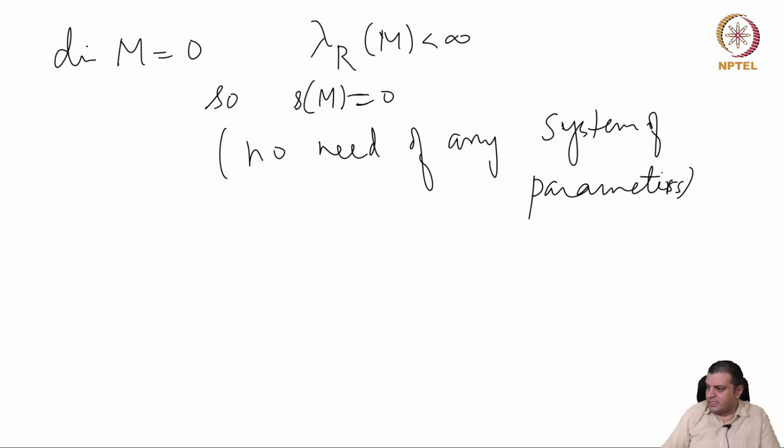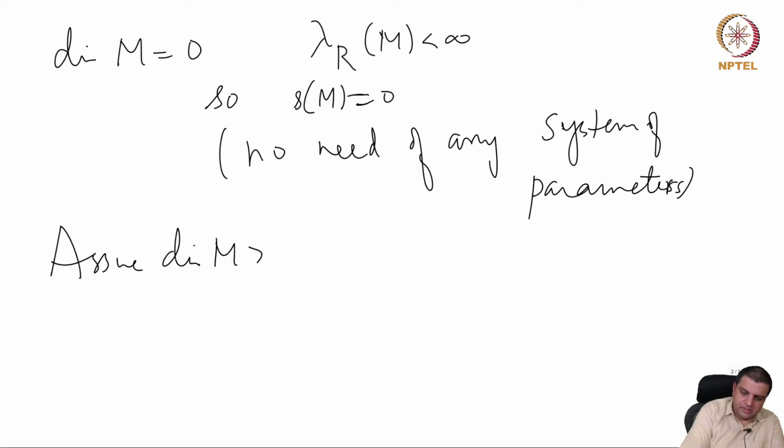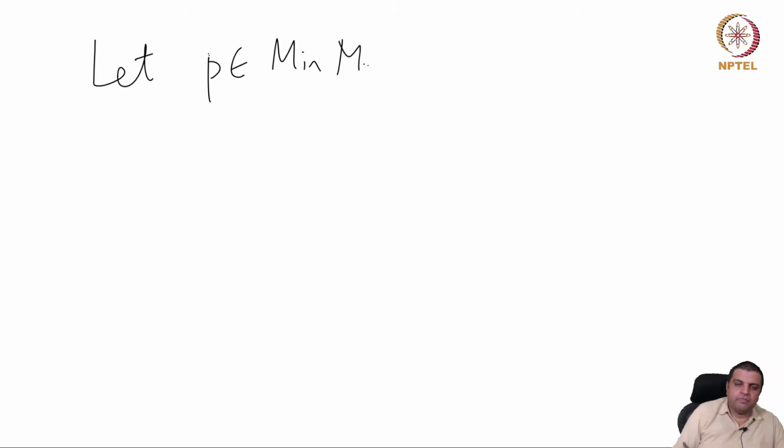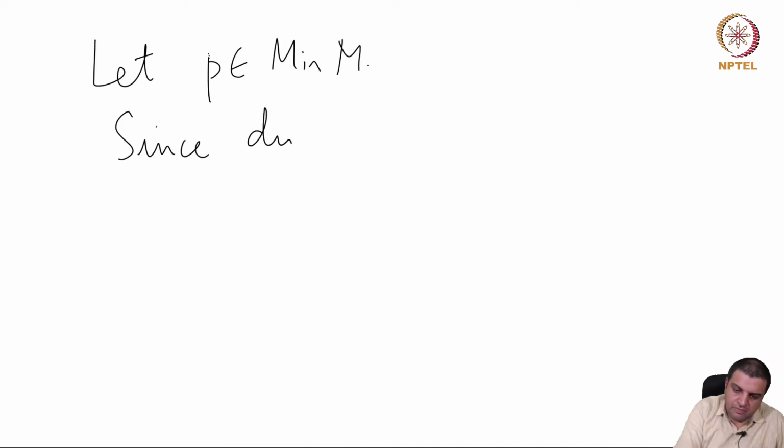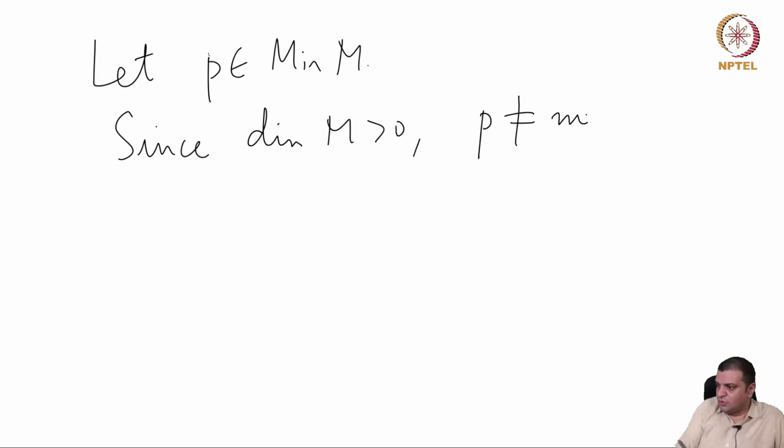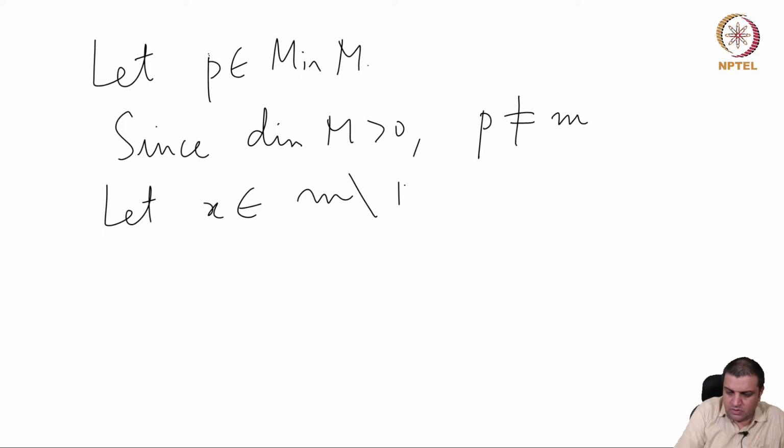So now let's assume dimension is positive, and assume that it is true for all modules of smaller dimension. Okay. So now let P be a minimal prime of M. Then since dimension of M is positive, P cannot be the maximal ideal. So we can pick an x, which is